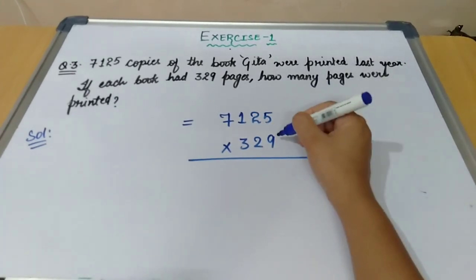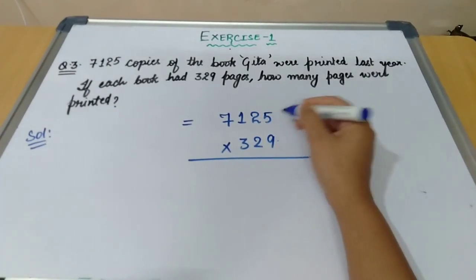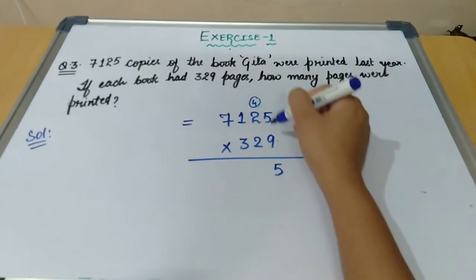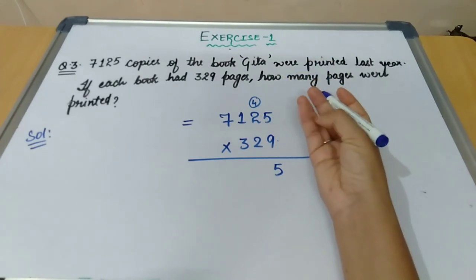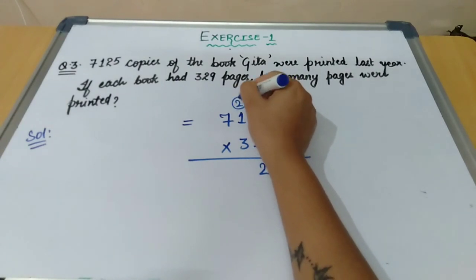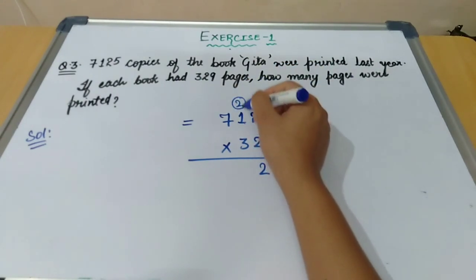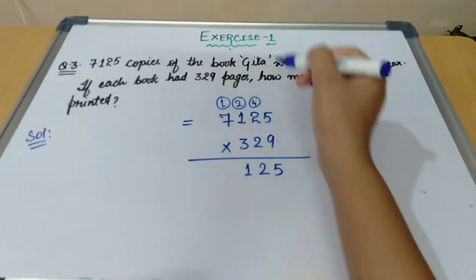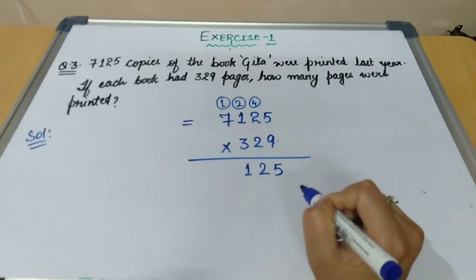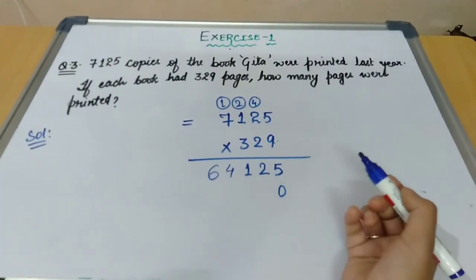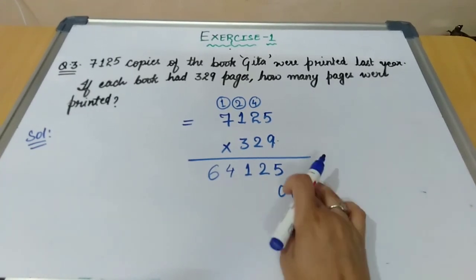Okay, so let us multiply over here. Start with 9. 9 5s are 45, 5 over here and 4 will be carried. 9 2s are 18, 19, 20, 21, 22. So 2 we will write under this and 2 will be carried to the next number. Now 9 1s are 9, 10, 11. So 1 will come over here and 1 will be taken as carry. 9 7s are 63, 63 plus 1, 64. So you will write 64 over here. Now you can put 0 also, or you can put a cross.